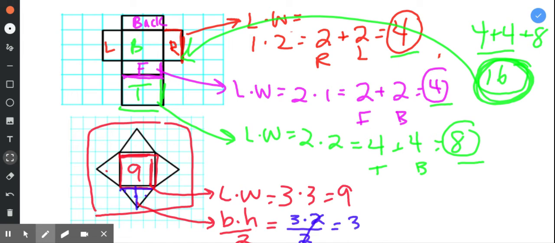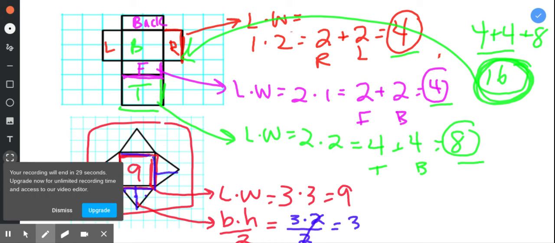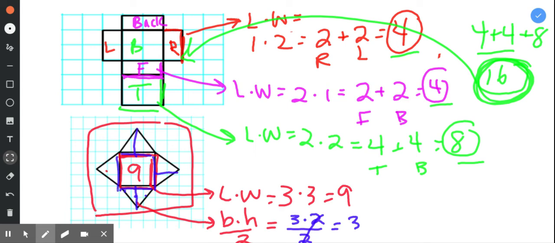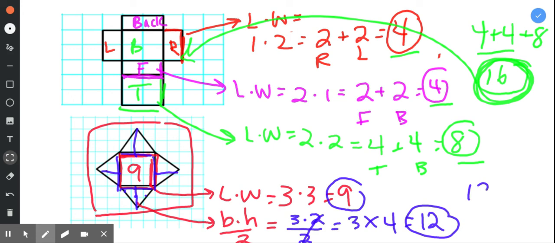So how many triangles do I have with the same area? Well, this is a 3 by 2 triangle. This is a 3 by 2 triangle. This is a 3 by 2. So they're actually all the same. So I have 3 for my area times 4 triangles, which gives me 12. So I have an area of 12 for my triangles and an area of 9 for my square in the middle. So add them together. 12 plus 9 gives you 21, and that would be your surface area. So you can use your nets to find the